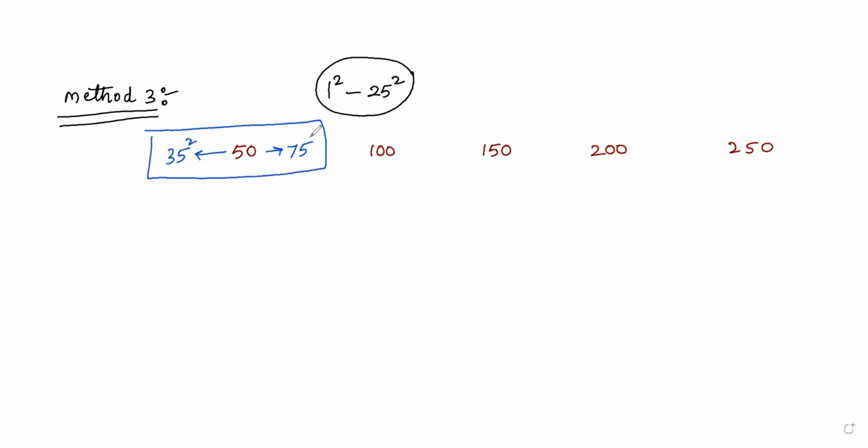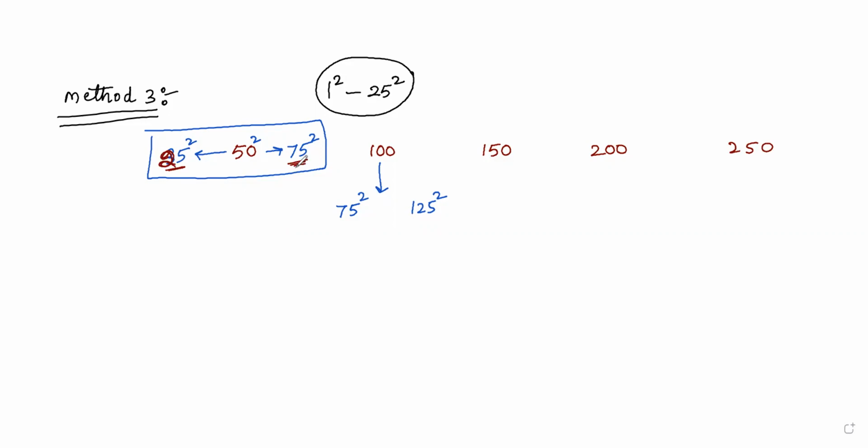The squares of all these numbers will be our range. In the same way, for 100, it is 75 and 125 squares. These are our ranges, because I know the squares of 1 to 25 only. When the given perfect square number lies between 25 square and 75 square,